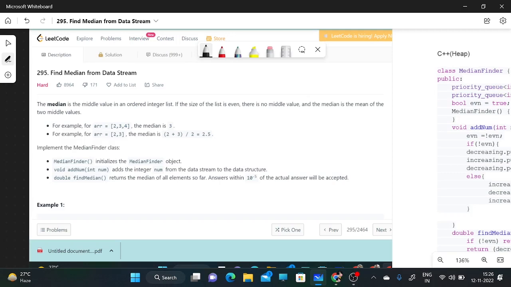Hello everyone. Today I will solve the question Find Median from Data Stream. The question number is 295 and the question statement is